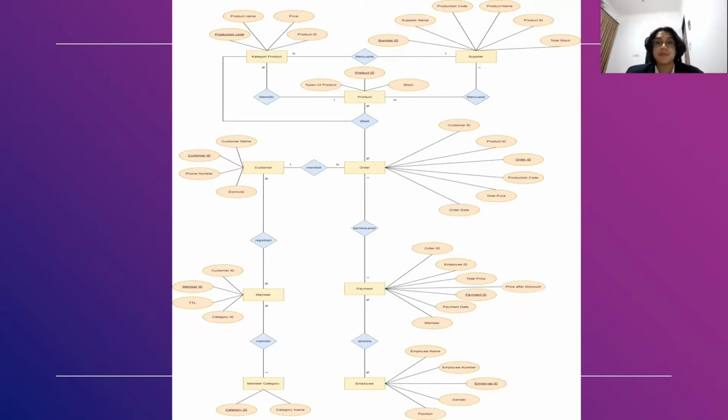First, the product and the supplier have a relation called supply, which is a many-to-one relation. Supplier with category product have a relation called supply with a one-to-many relation. And category product with product have a relation called memiliki with a many-to-one relation. Now the product and order have a relation called dibeli with